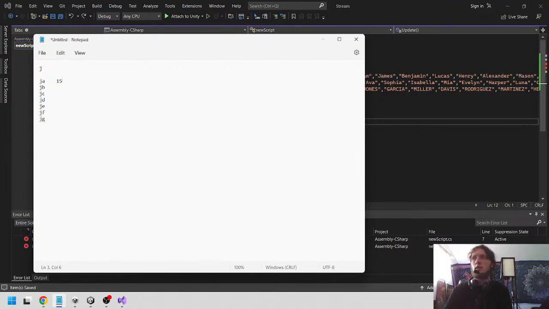So every time the letter that we're looking at is J, there's been 15 different times that the next letter over has been A, and when we generate a random number, we're going to use those to kind of